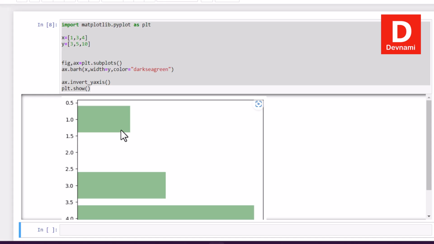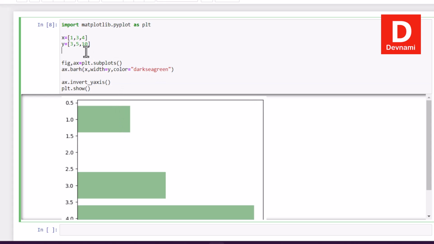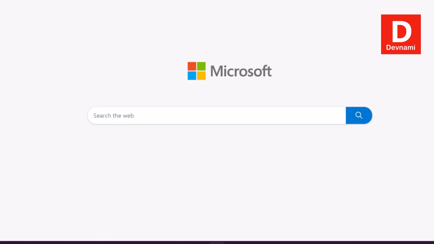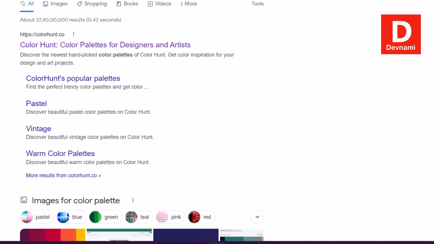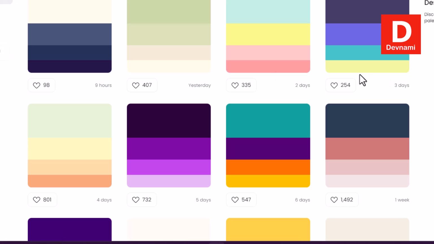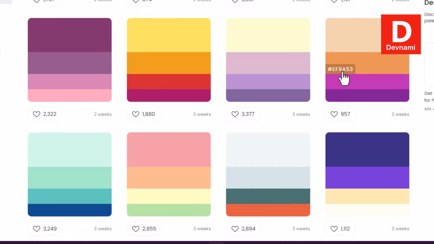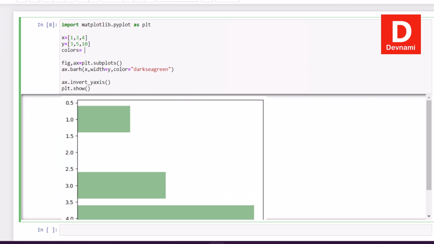Now let's see if I want to customize the color and then pass it through a particular custom value, so we can use colors, and let's see, we can use a color palette, right? So Color Hunt, and here let's go with some sort of color, right? So this looks good. So I'm going to use these particular 3 colors, and you can also pick these 3. So let's use colors, and within that particular array we can use